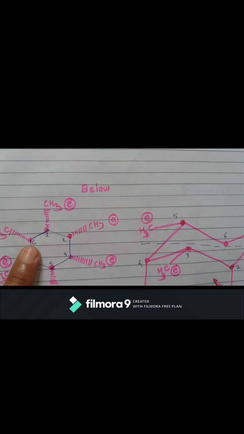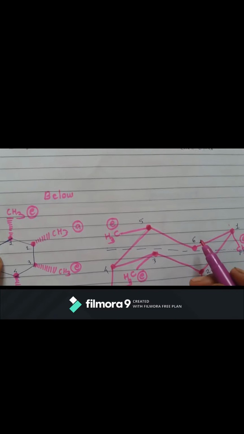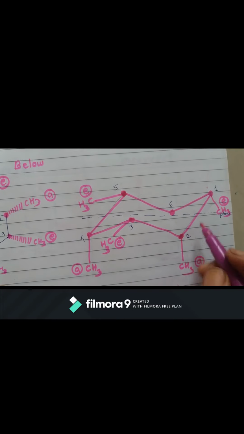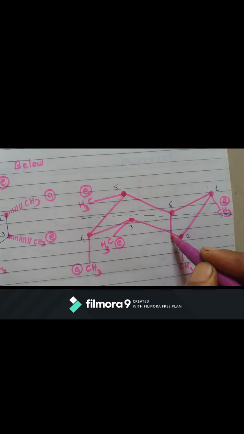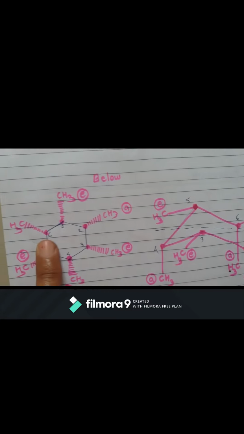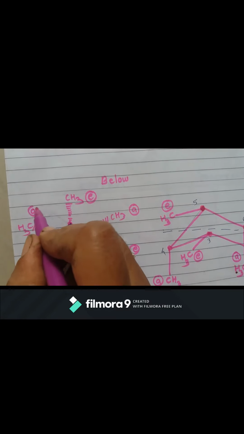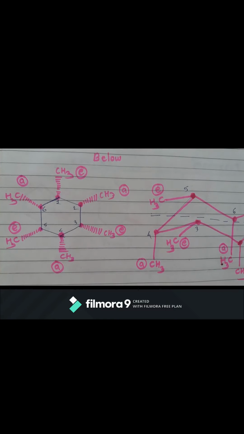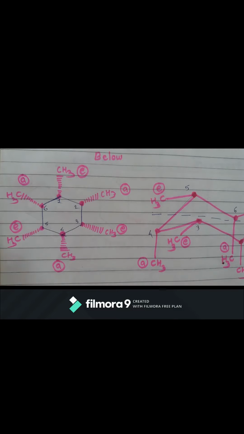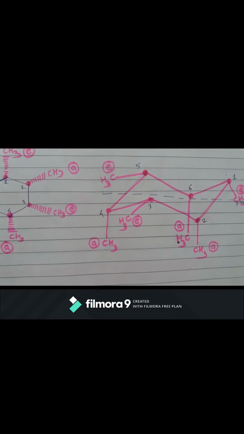Now sixth one, sixth methyl group which is present below the plane of the paper. Okay, sixth one, remaining one is sixth one. So only two options, either equatorial or axial. So as below the plane we have to show, so it should be axial, below the plane axial. Okay, so write down over here also this is axial. So okay, go step by step and number them properly, and then you can get the proper stereochemistry. You can write it very well.